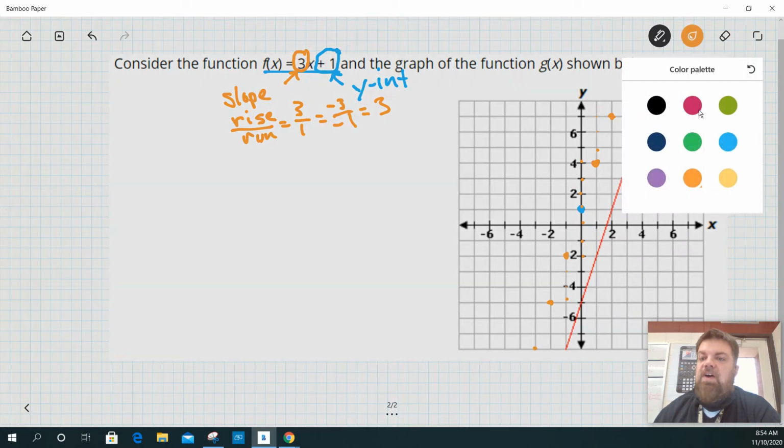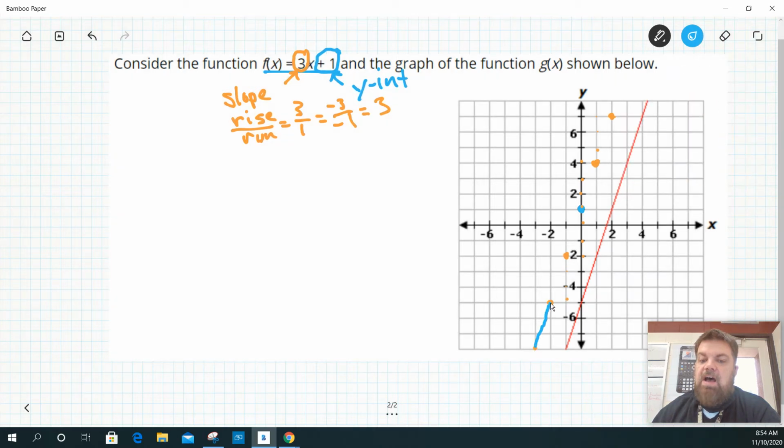Now, if I connect the dots, I'm going to get my graph. Oops, that was not the greatest. Okay, so this is f of x. So now what am I doing to